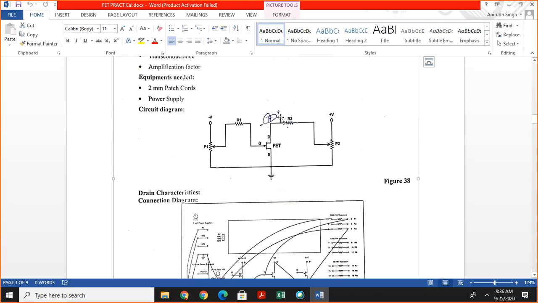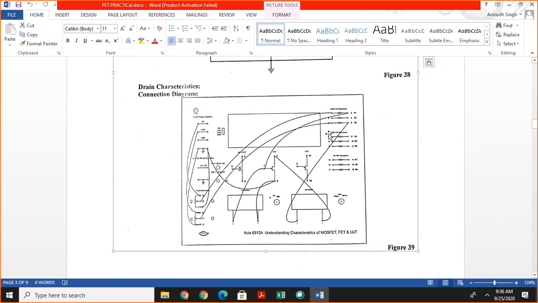Variable terminal of potentiometer is connected to the drain through R2, and in between ammeter is connected. Positive terminal is connected and negative terminal is directly connected to the drain. This is ammeter, and this negative terminal is connected to the gate.